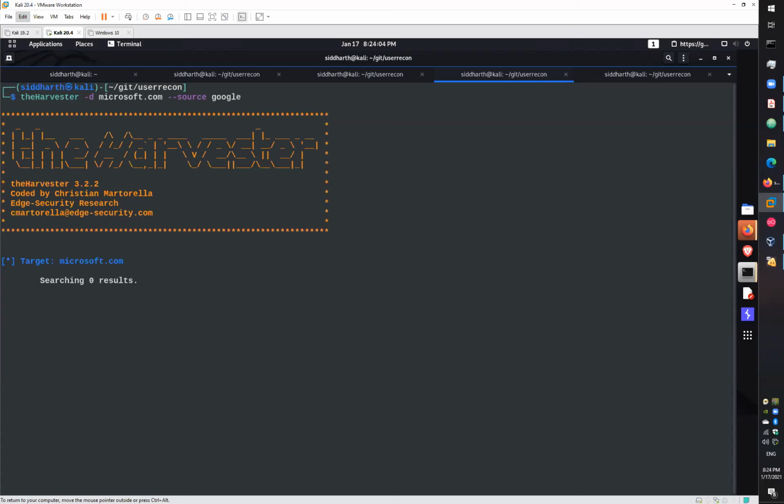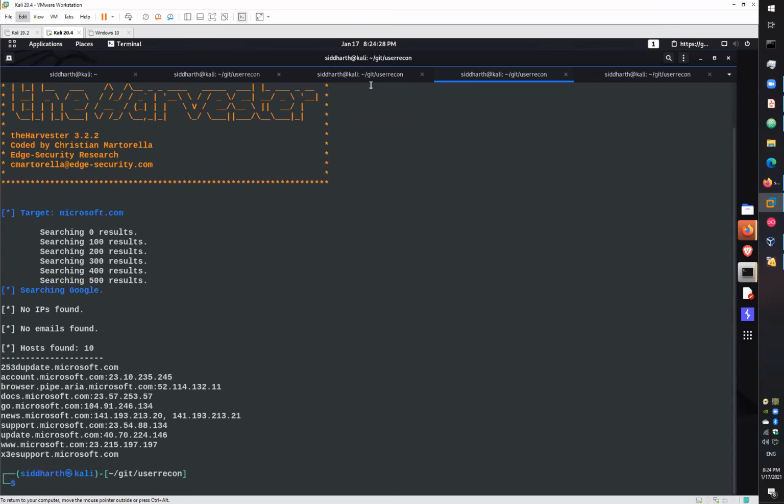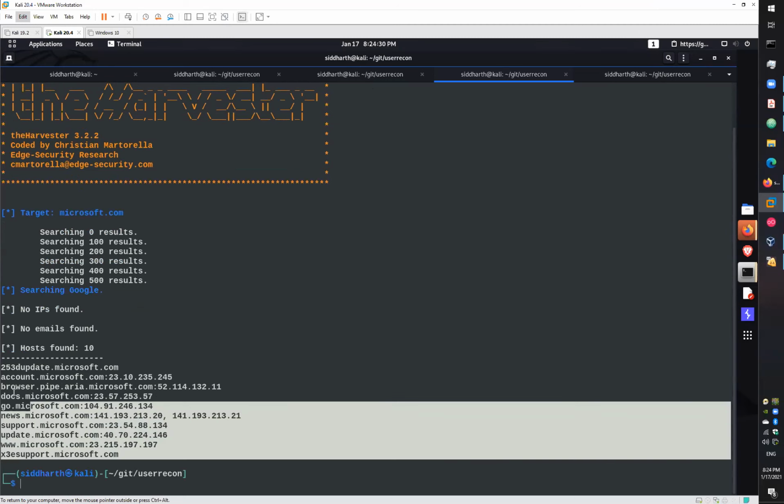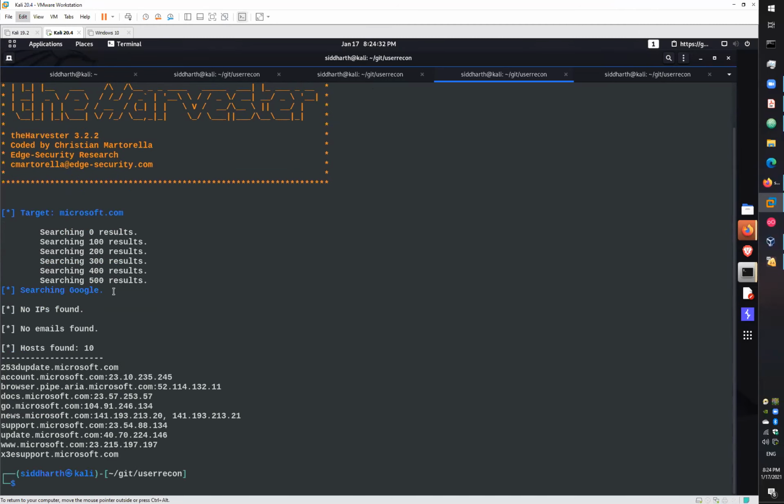Google will crawl all the pages and theHarvester will identify the email addresses from those pages. Let's wait for the result. So I got these email addresses with the help of this source, google.com.